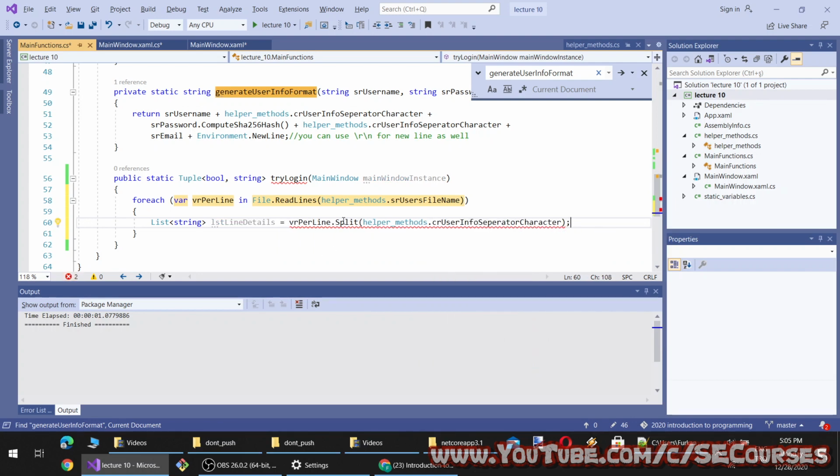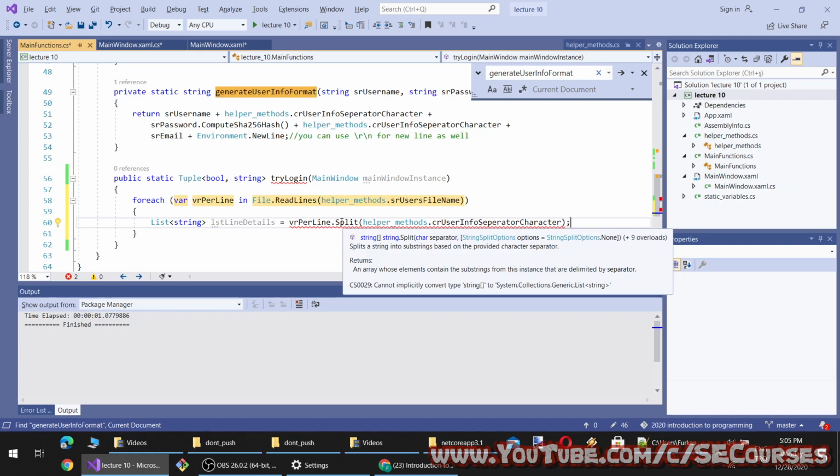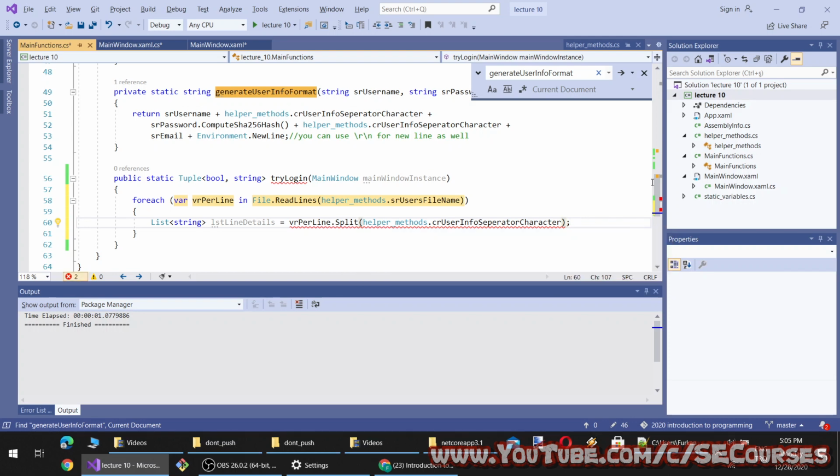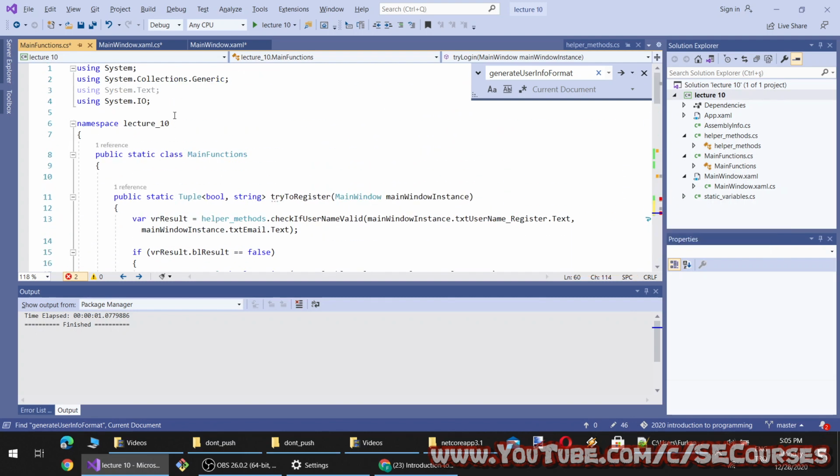You see, this is telling me that there is an error because it says I cannot convert a string array into a string list. Therefore we are using the ToList method, which is a LINQ method. Therefore it is not working right now.